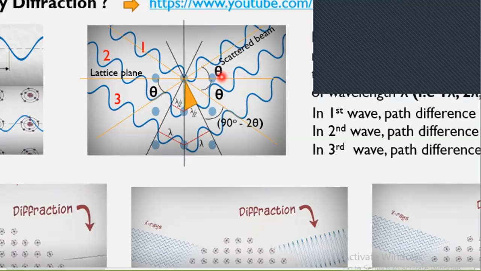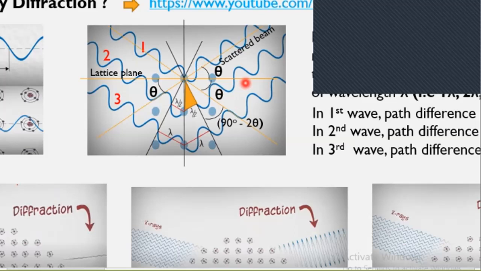Then the crest of the second wave will face the trough of the first wave. When wave 1 and wave 2 are in phase, the crests of both face each other, and the troughs of both face each other. But if you displace the second wave by half of the wavelength, the crest of the first wave will face the trough of the second wave. Both of the waves will be completely out of phase. They interfere destructively and we will get nothing on the screen.